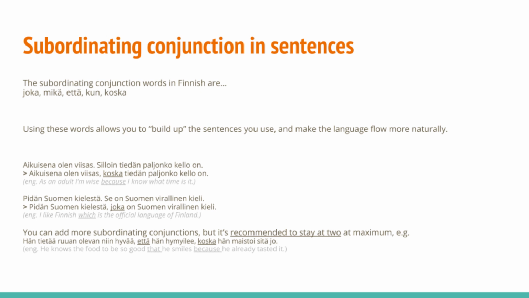But anyway, it can be really difficult to keep the thought, to understand what is going on, because the sentence just keeps going and going, but you also don't want the sentences to be one after one after one, just stiff without thoughts. It's good to have 1 or 2 at maximum if you want to use them. Obviously, there is no need to use the conjunctions, but they definitely are visible in everyday Finnish all the time. No matter if you're speaking with people, or if you're texting with people, if you're writing or reading yourself,